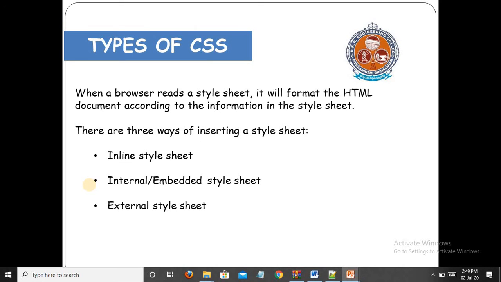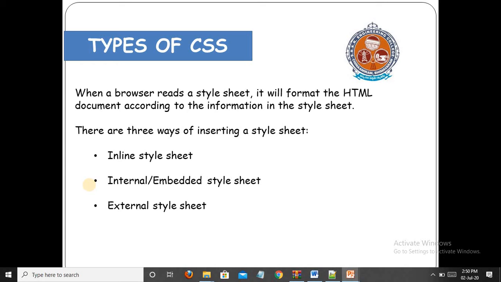First, coming to the types of CSS, how the browser reads a style sheet: it will format the HTML document according to the information in the style sheet given by us, according to the rules or attributes that we have given. There are three ways of inserting a style sheet.